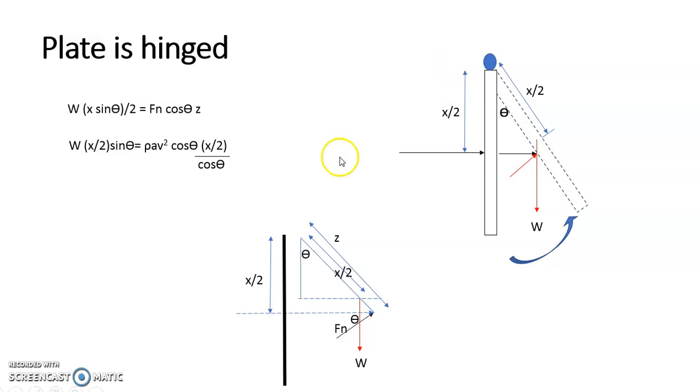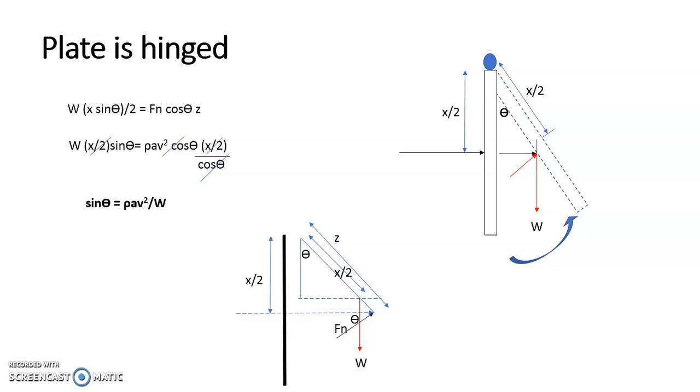and into Z. And what about this Z? Z is, by using this bigger right angle triangle where Z, x by 2 and theta are there, Z is x by 2 cos theta. You can cancel cos theta and cos theta here. You can also cancel x by 2 and x by 2 here. So ultimately you will be left with a simple condition saying sin theta equals rho a v square divided